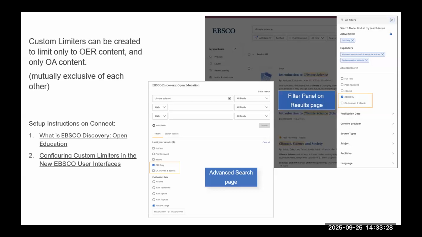So we now have an open educational resource collection within our knowledge base, and you can enable that so that you can expose these OER collections to your patrons and make that a part of your collection. We've also created a user interface dedicated just for that.